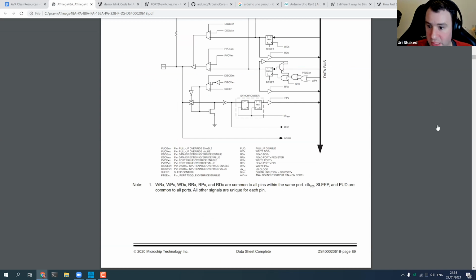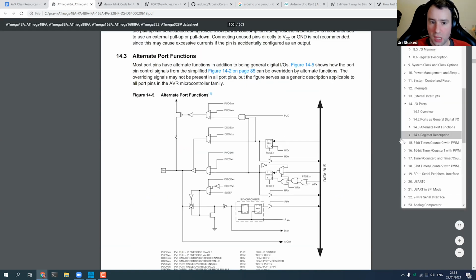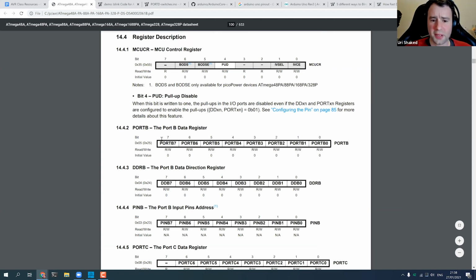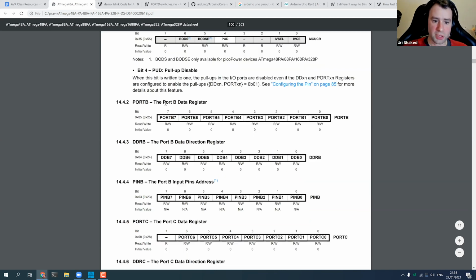Before we part ways with the GPIOs, one more thing to show you. This register description is super common. You will find it in every section, and it has a very specific format. You see the name of the register, a quick description, then all the bits, and each bit has a name, and this name is actually a constant that equals the index of the bit.